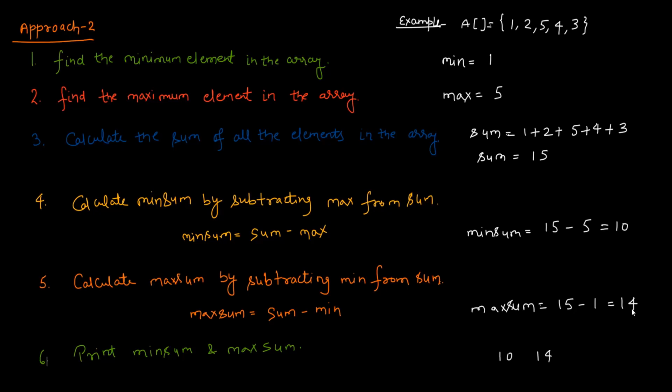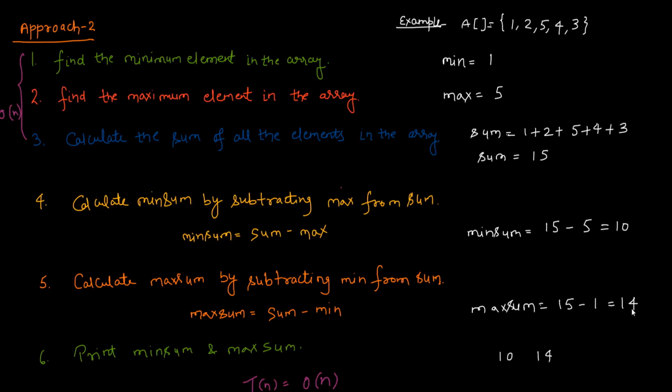And if you see guys, here we have taken O(n) time to complete the above three operations, and the rest of the operations are constant. So we have to run one loop which will go up to n, and we can calculate all the stuff very easily. So the complexity of this approach is O(n).